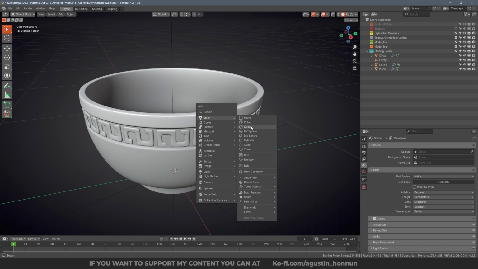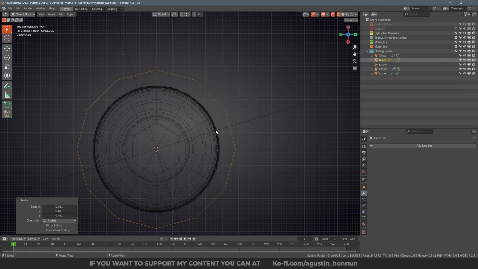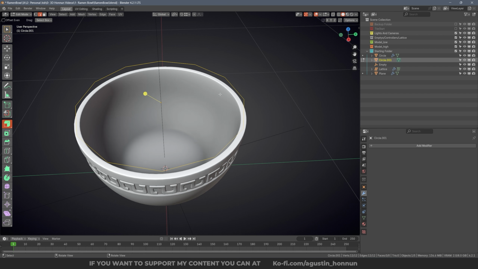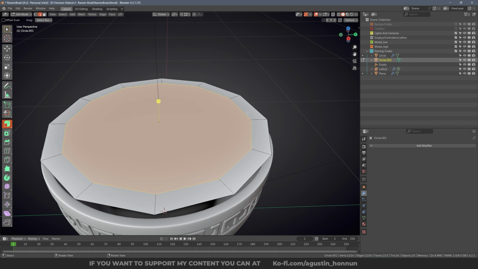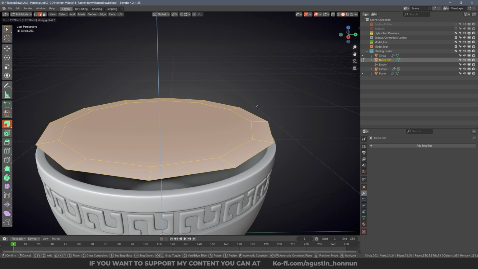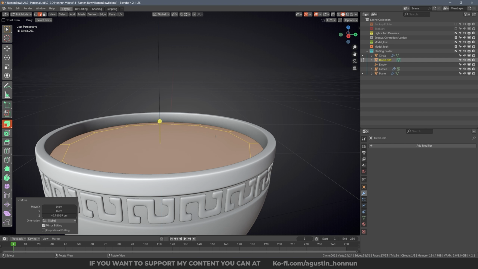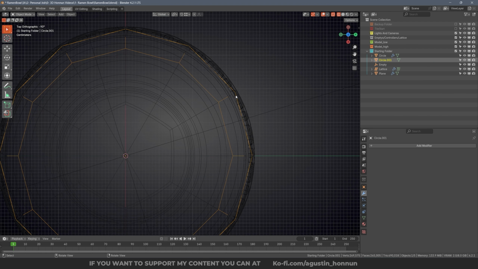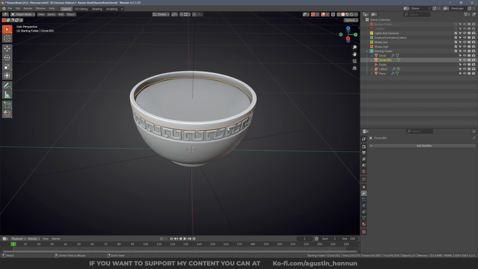Now we add a circle, and yeah, keep it at 12, scale it down until you see it fits the bowl like this. Then go to edit mode and press E to extrude and S to scale, and fill it with F. I'm going to position it maybe here. Yes. Make sure all the corners, all the vertices are inside the bowl, so we are not going to have